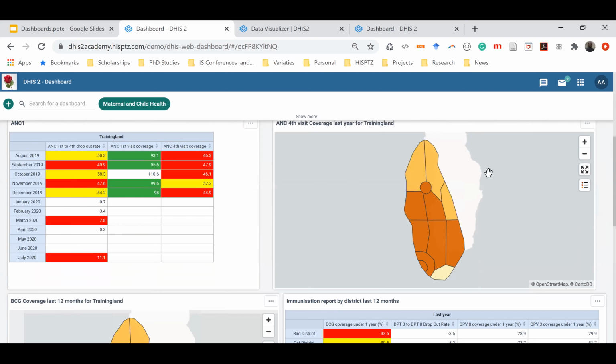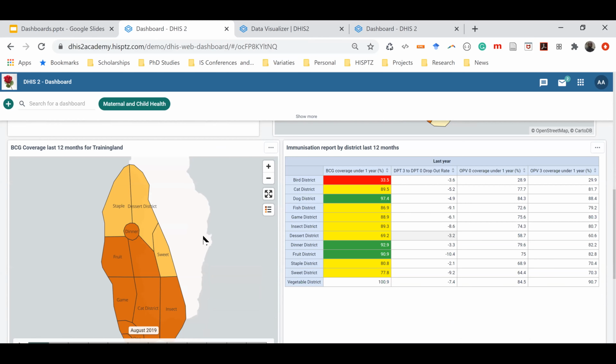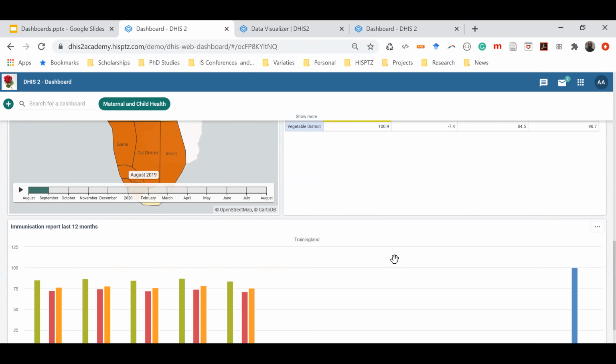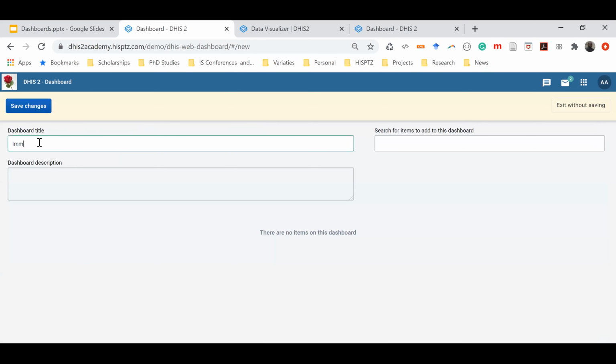I have also these other sections here, as you can see, and I have here the immunization part, which is below. So as you can see here, this is my first dashboard. If I want to add another dashboard quickly, I can just say, okay, I just need one for immunization,